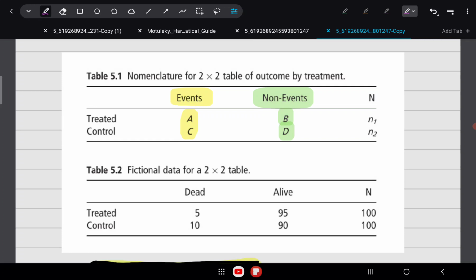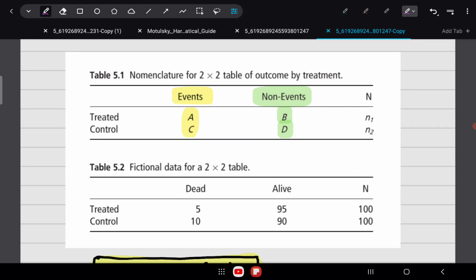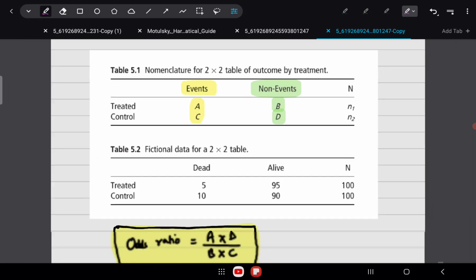The procedure is pretty much the same except for how you compute the effect size, and there is one more difference: for this kind of binary data, we usually calculate effect sizes in terms of ratios, like odds ratio and risk ratio, right? So when you compute an effect size in terms of ratio, the calculations for the summary effect need to be done in the logarithmic form. That is the only difference. Apart from that, it's pretty much the same, and I hope you'll understand as we go through this example.